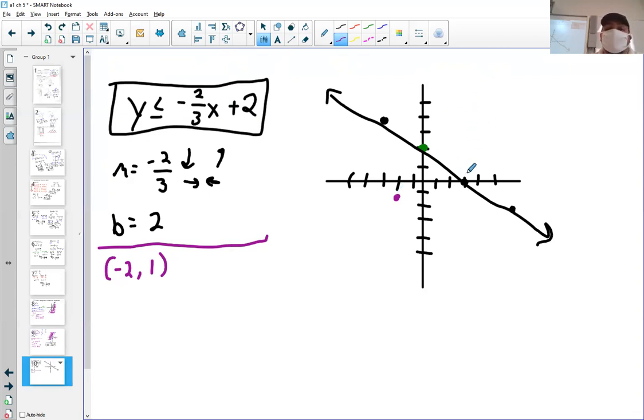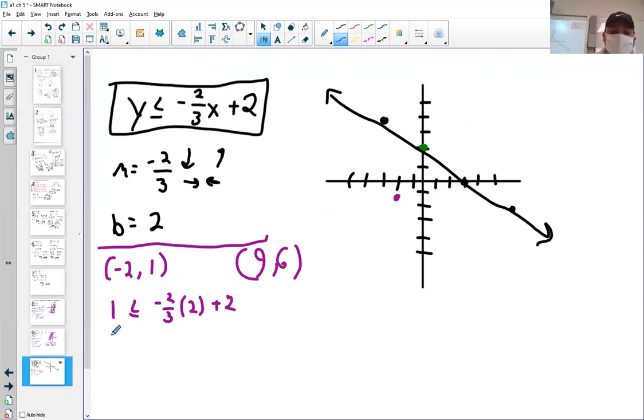You could have picked something up here like 5, 5. It doesn't matter what you test. I'll do 5, 6 next, okay? I could also do 9, 6, yeah. So now we're going to do 1 is less than or equal to -2/3 times 2